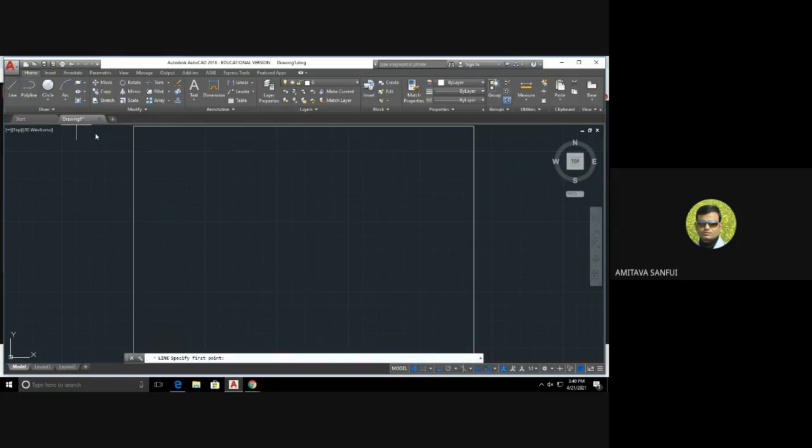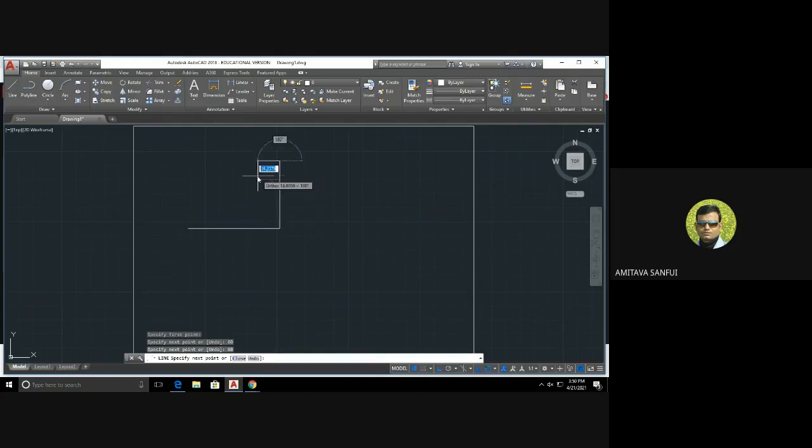Now I will draw a line. I have to start from somewhere here. I can give the length of the line. Let us say I have given length 80. If I move the cursor horizontally, a horizontal line of length 80 will be drawn. Then I can move the cursor vertically upwards and press 60, and a line of 60 will be drawn vertically upwards.